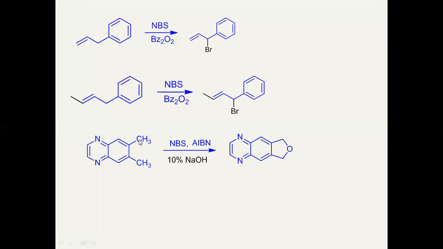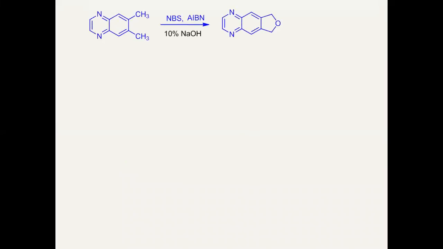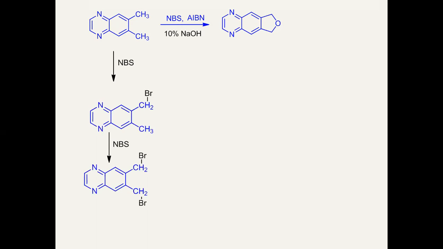You should know what this methyl is. This is a benzylic methyl, a benzene ring attached to a benzylic carbon. This is also a methyl, it's benzylic. Therefore, both of the methyls undergo what? You have to write the mechanism. So one by one, both methyls undergo bromination. Yes or no? Yes. You can see it. Both methyls undergo bromination.